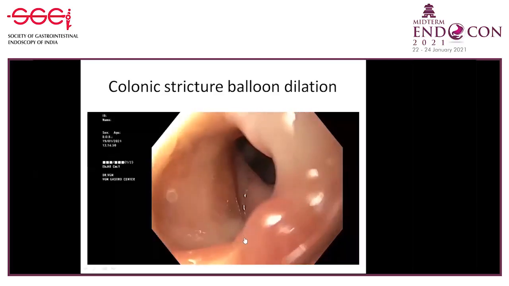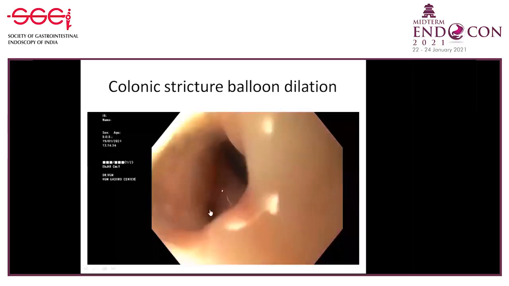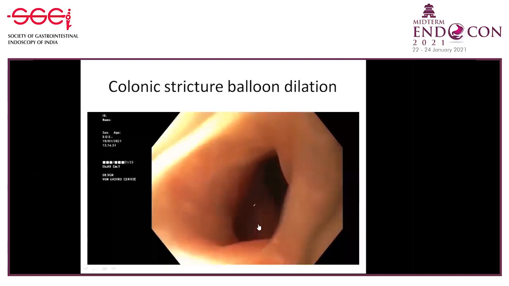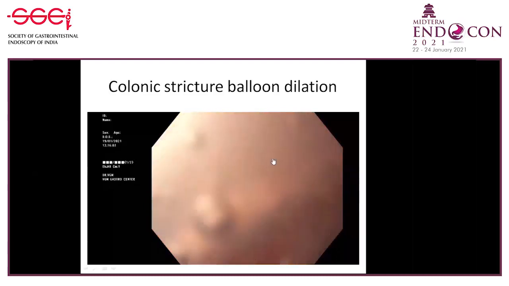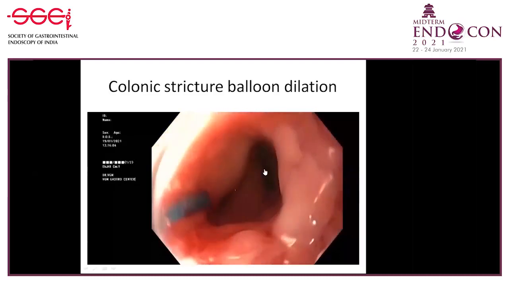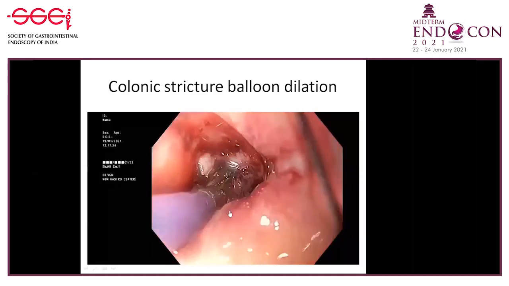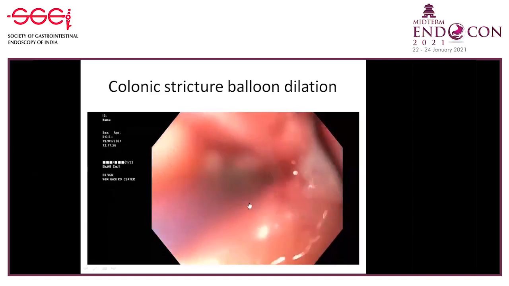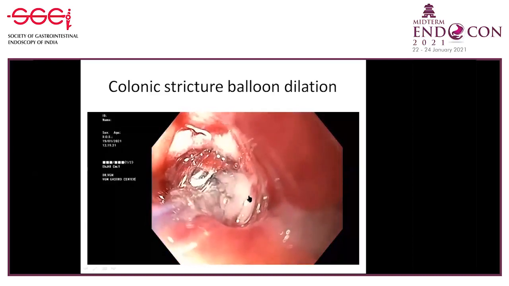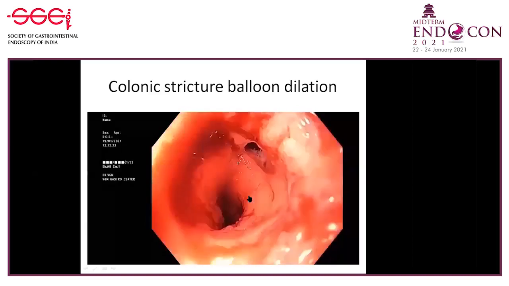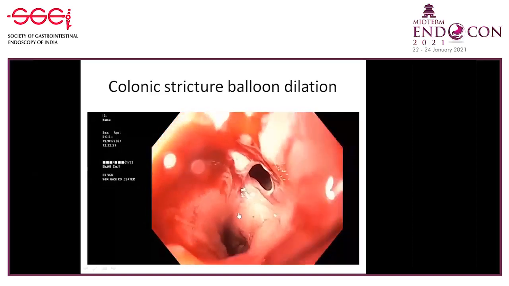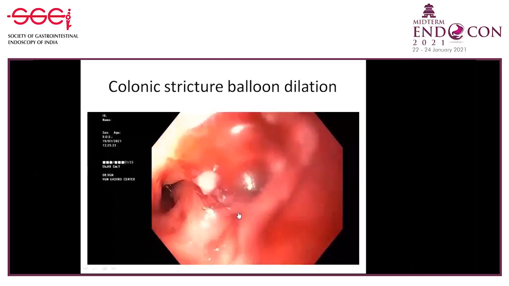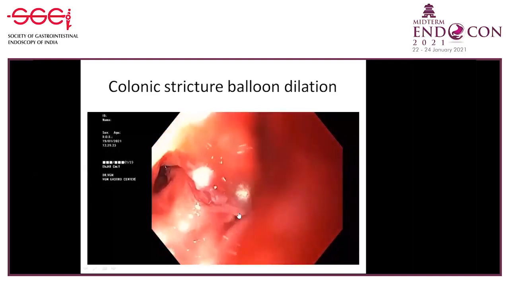This is actually the second sitting. In the first sitting, we couldn't even identify this. This area is not the route. We went in with a baby scope and saw, but the pediatric scope would not pass. The lower one is actually the opening. After 2 dilatations, we could visualize it clearly, went in with a pediatric scope, and we could go into the colostomy as well. I'm going to stop here.